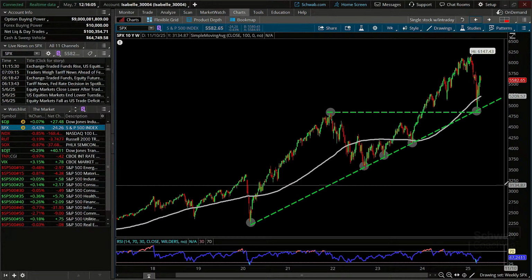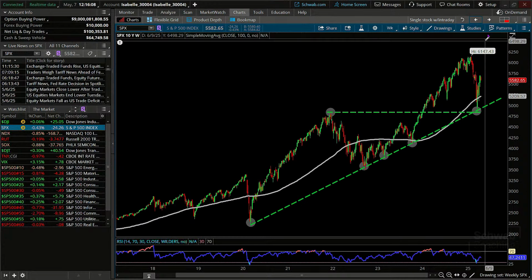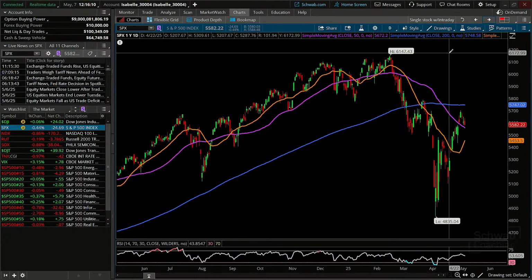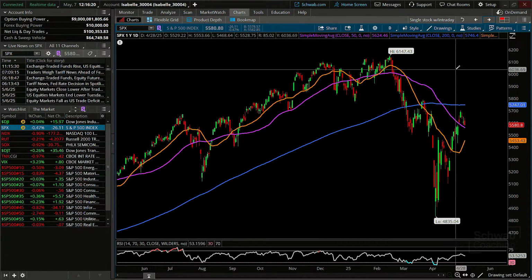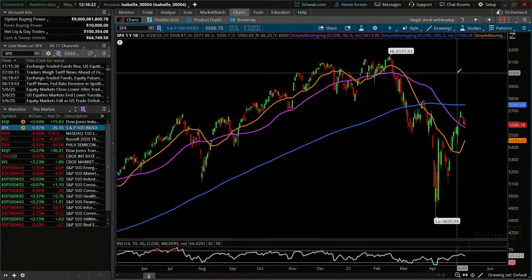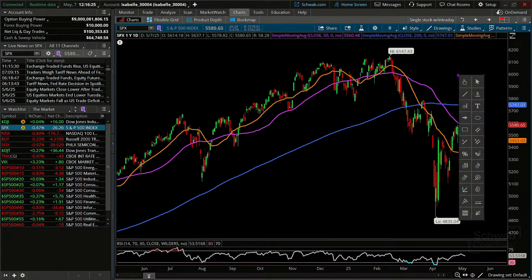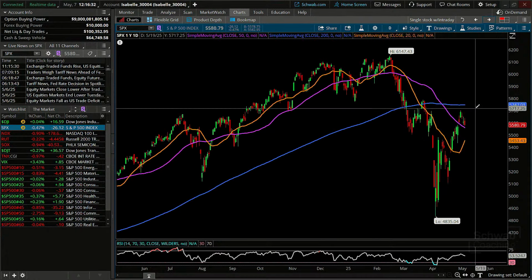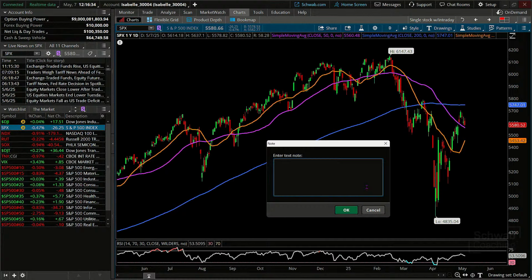If you are making notes to yourself via the notes function in the drawing tool, remember also that if you utilize a mouse which has that little trackball on it, one of the easiest ways to navigate to the drawing tool is just to press the trackball, and then you are in all of the details. Well, I, as a trader, will frequently use that T. That gives me the text box, and then I'll write some details to myself. These are just really helpful reminders, right?